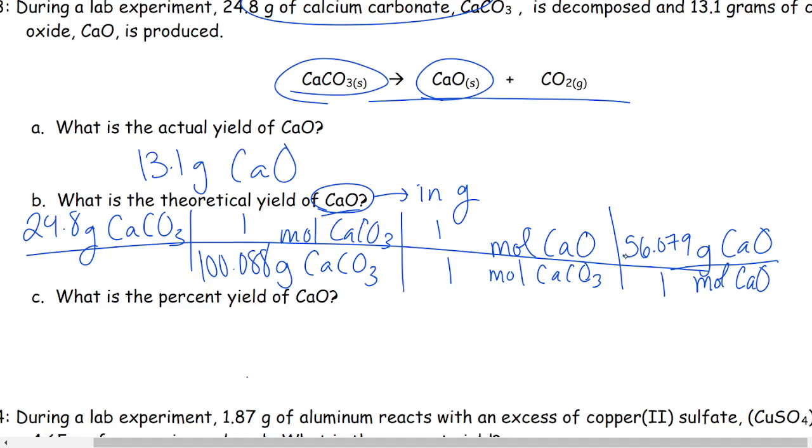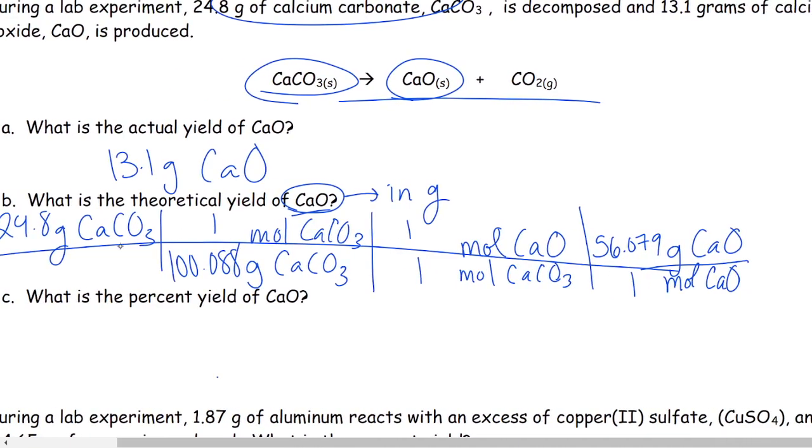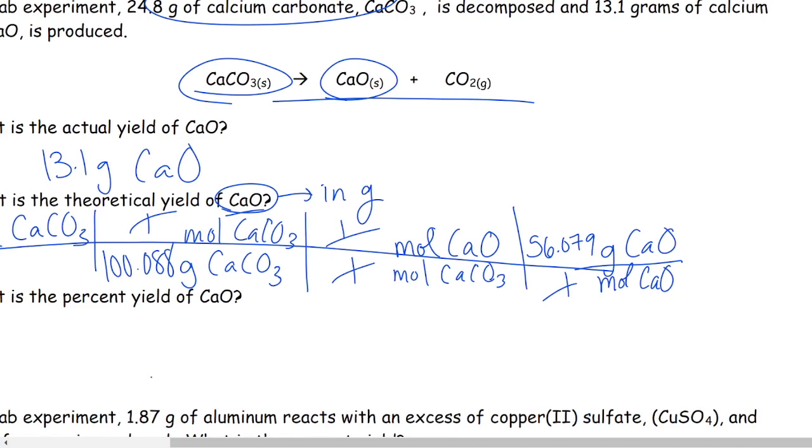All right, so then when you type this into your calculator, you do 24.8 times 1 times 1 times 56.079 divided by 100.088 divided by 1 divided by 1. So multiply by everything on top, divide by everything on bottom. But of course, you don't have to actually type in the ones because first of all, they would cancel out. But second of all, they're not going to change your answers even if they don't cancel out. Dividing or multiplying by a 1 will give you the same value no matter what. And your final answer then would be